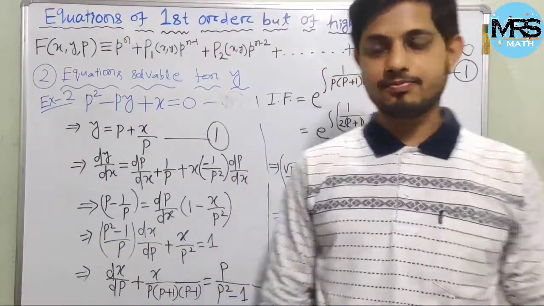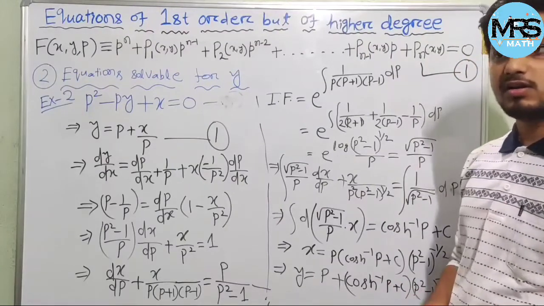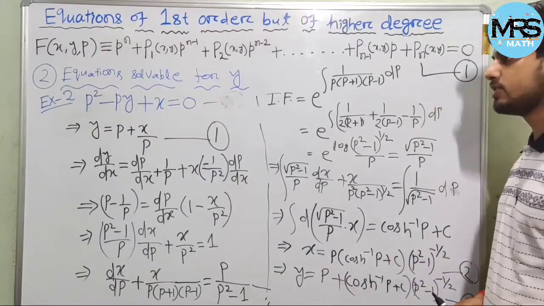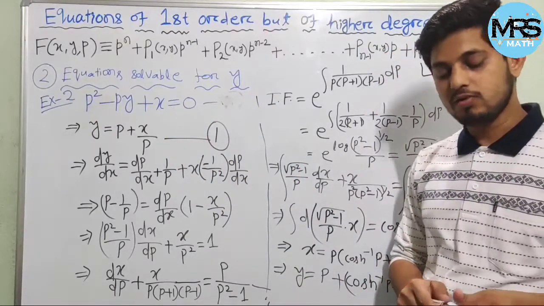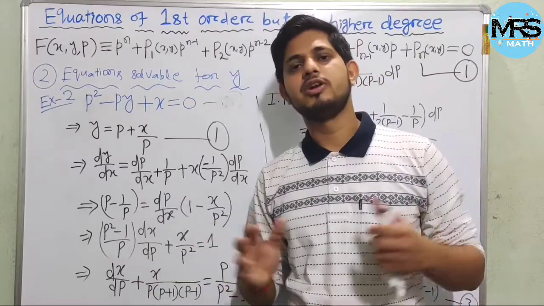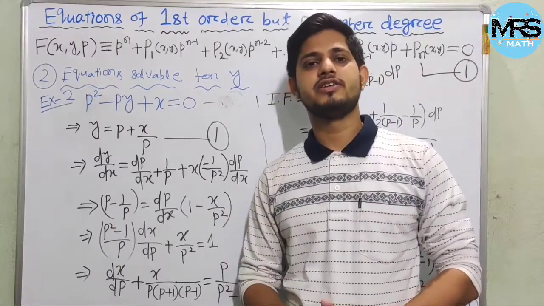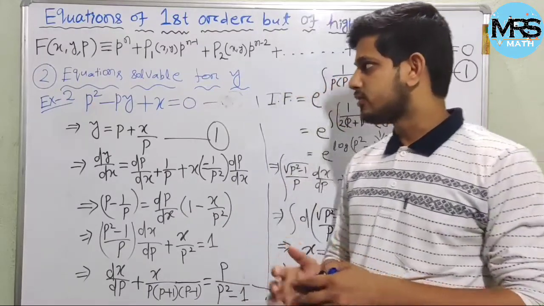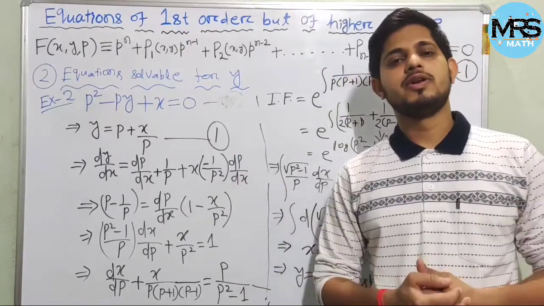Okay students, this is a different type of example which I have taken, where it is difficult to eliminate p, okay. So I have discussed 2 examples regarding the equation solvable for y. Hope you understood. And though it looks simple, actually it is not simple. You have to work out more and more problems. More practice is necessary to digest this type of problems. So you should not face any confusion about which equation is solvable for y and which equation is solvable for x, okay.